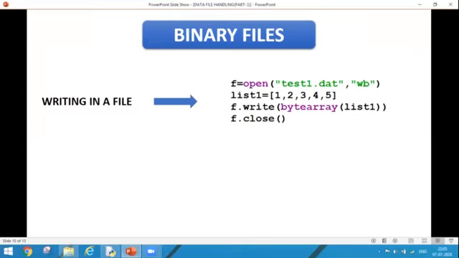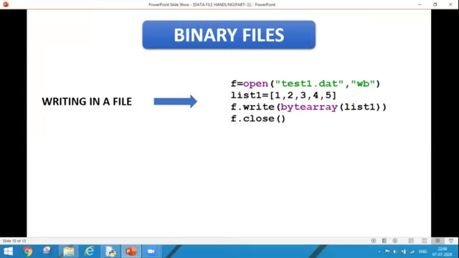I told you in my earlier sessions that the difference between text and binary files is that the binary file extension is DAT and the text file extension is .txt. The next difference is in the usage of modes. In a text file, I used the W mode, but in binary files, I need to write WB. B stands for binary. And the rest will remain the same.